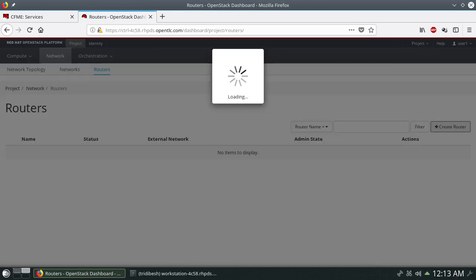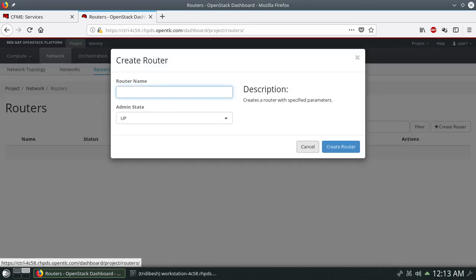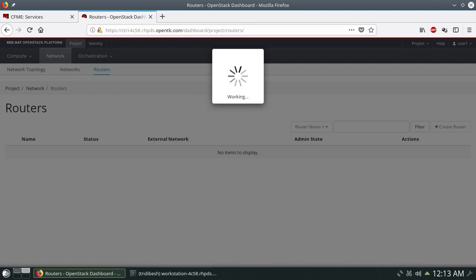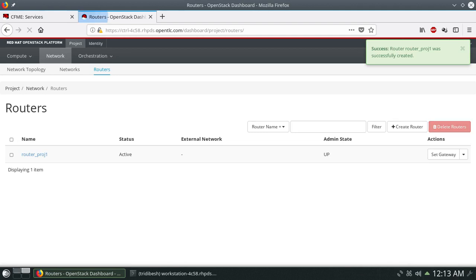Let's click on create router. Let's name it router_project1 and then click create router. As you can see, we have created the router.